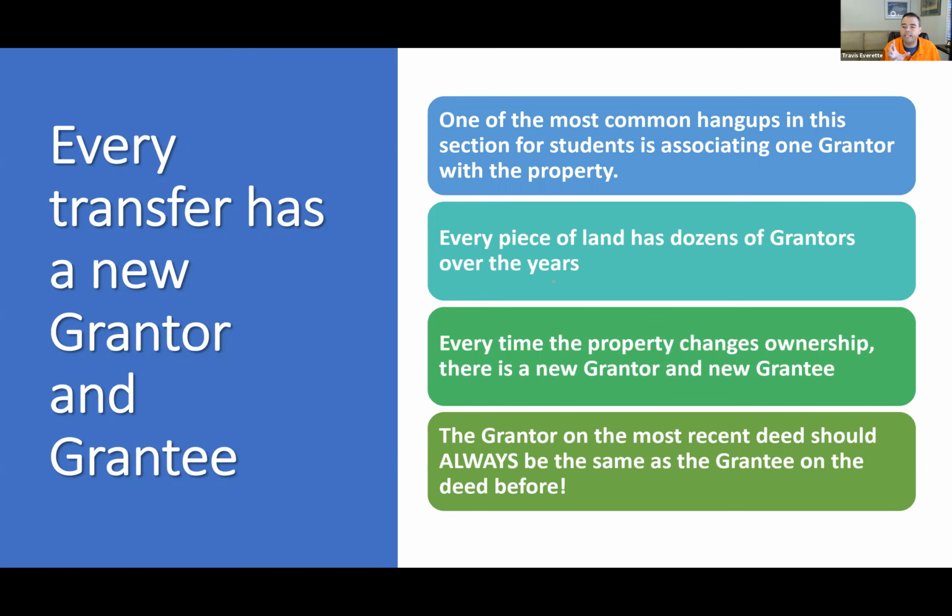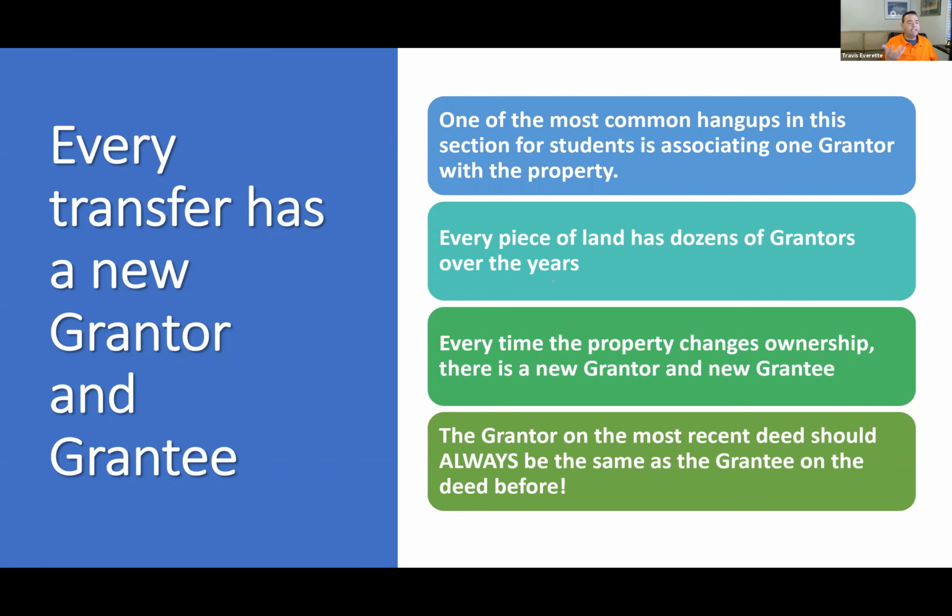it's really easy in your brain to think of the grantor. It doesn't work that way. There's no such thing as the grantor on a property. There's the current grantor. There's no such thing as the grantee on a property. There is the current grantee. And here's why, folks. Every time, how many times, if you look at a piece of land, how many times